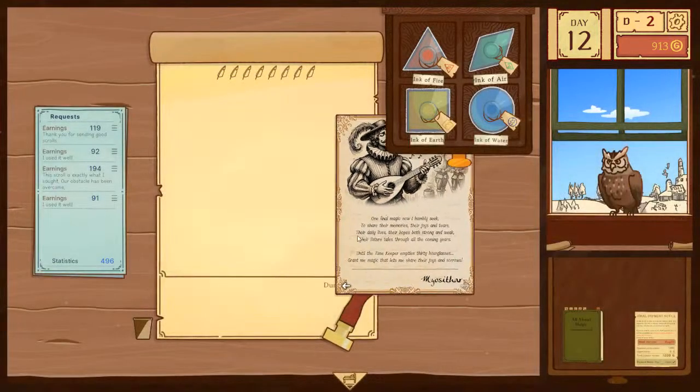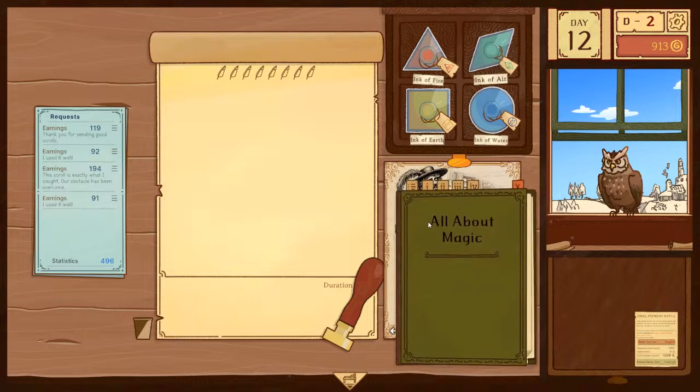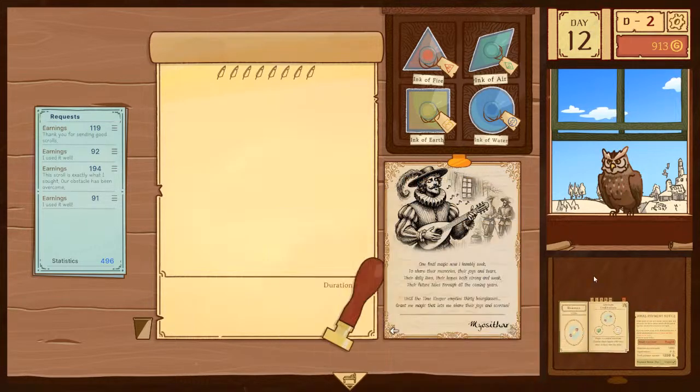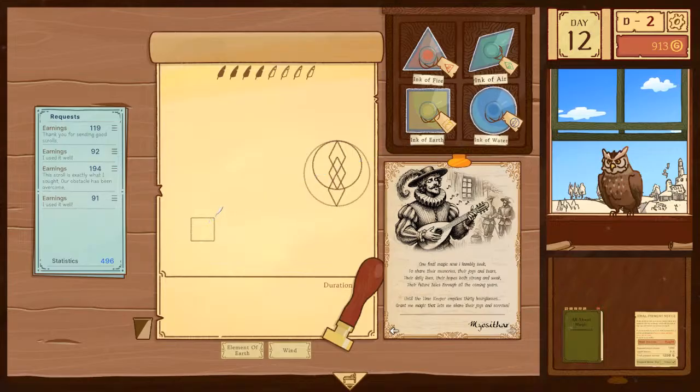My Ositar. The H hasn't come back. He wants resonance. Wind and breath. Try something.